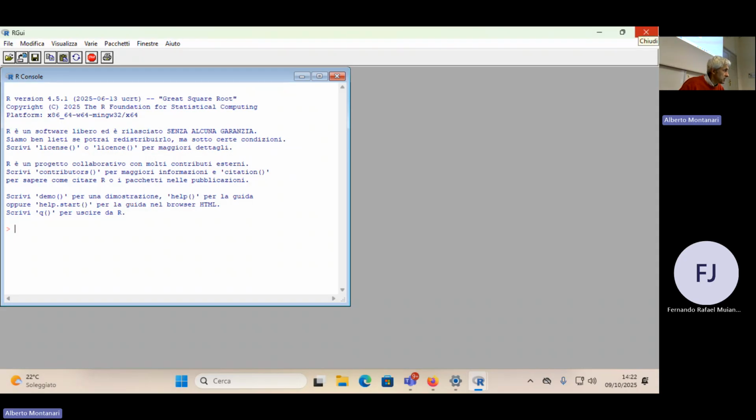Yes, open RStudio. I think it's better if you continue with RStudio. It doesn't change anything from my side because I am also used to it. RStudio is just putting together several windows, but it's not really different. Okay,